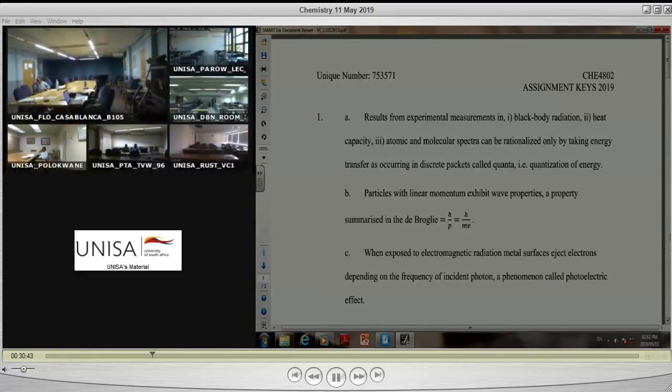That is what I would like you to show in your assignments, for example, that you know that. Molecular orbital energy levels. If you look at the atomic